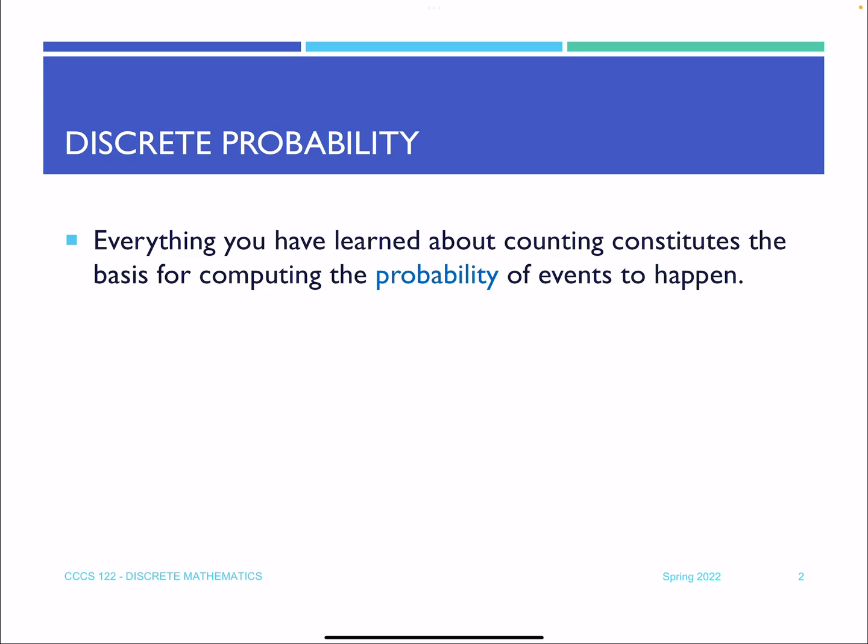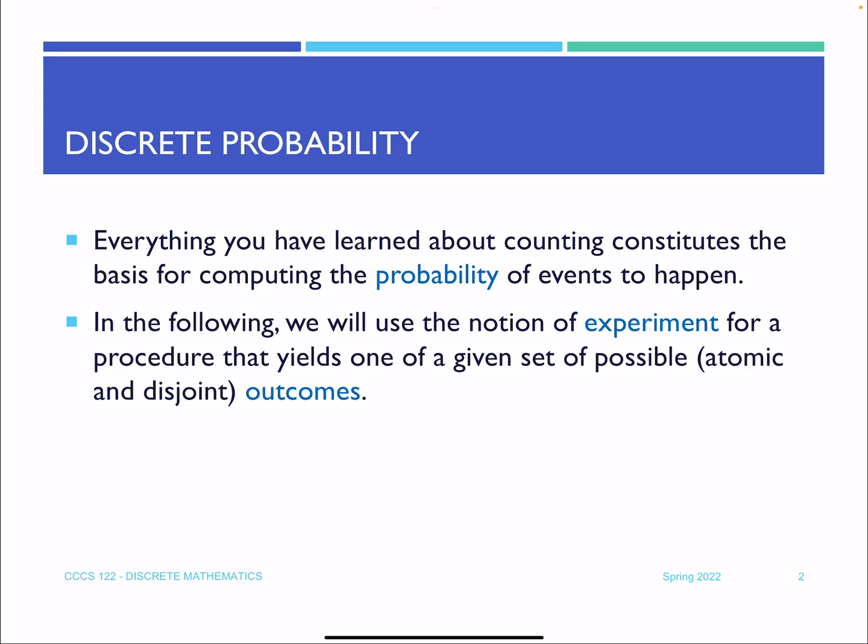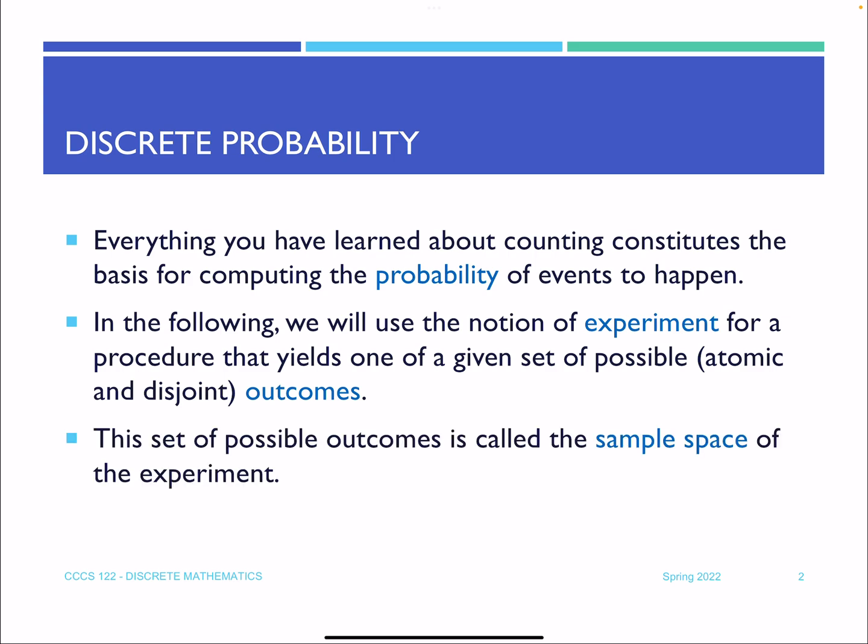computing probabilities of events, of outcomes that happen in random experiments. So in the following, we'll use the notion of an experiment for a procedure that yields one of a given set of possible outcomes. The outcomes are atomic and they're disjoint, meaning that outcomes do not overlap. This set of possible outcomes is called the sample space of the experiment, and an event is a subset of